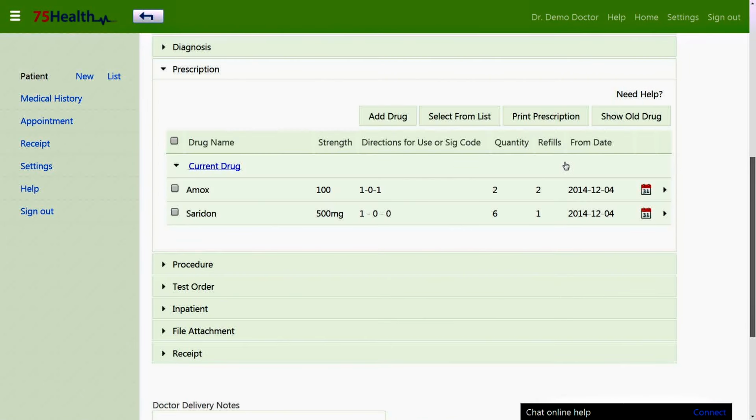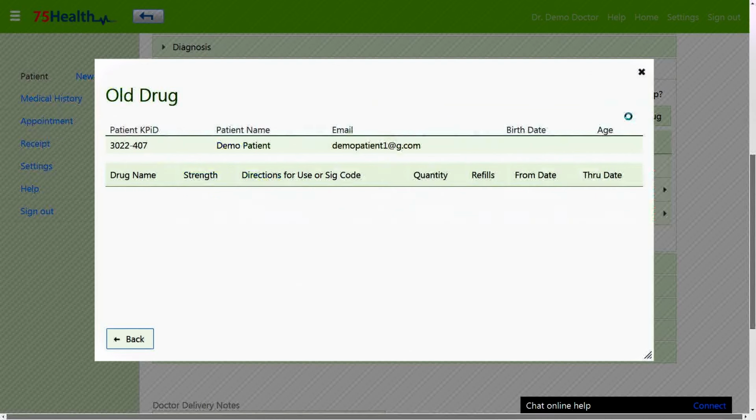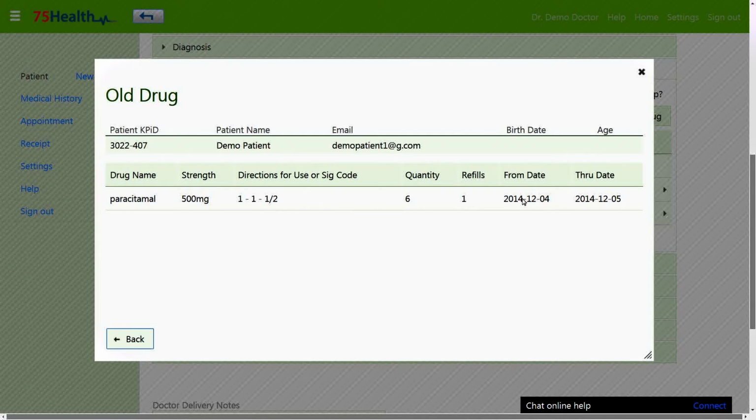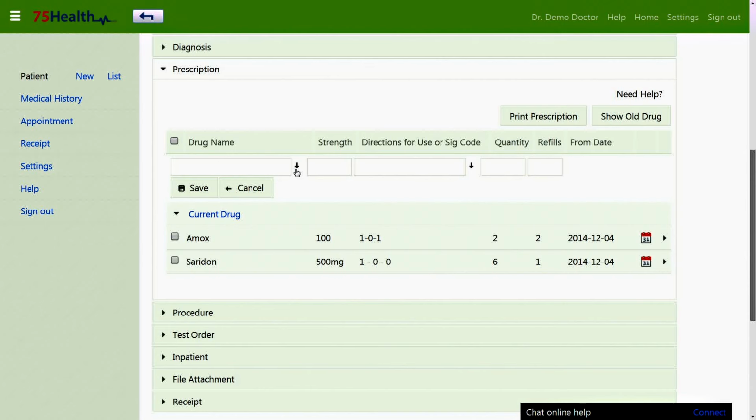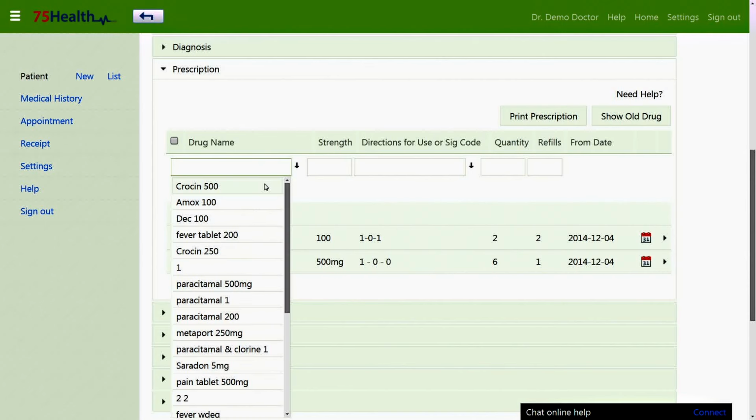Show Old Drug. The Show Old Drug under Prescription section is the same as the Show Cured Symptom or the Show Cured Diagnosis. It displays a list of old drugs already prescribed when a new medical record is created. Another time-saving feature under the Prescription section allows the user to select drugs and directions of usage in a single click. The down arrow next to the drug field